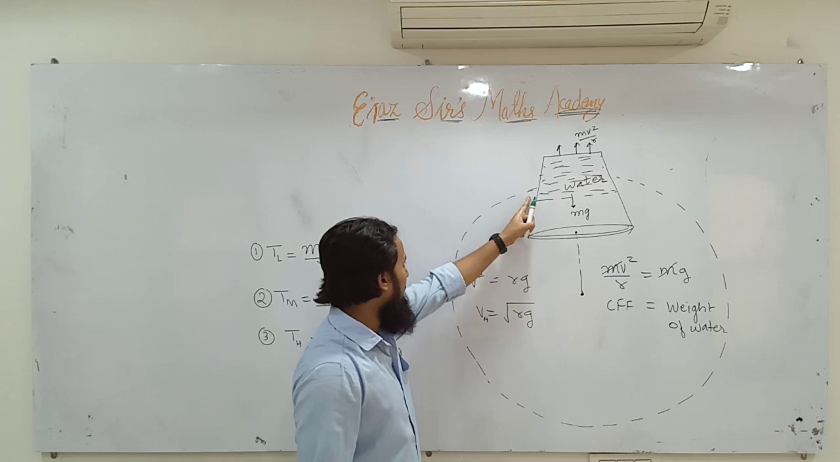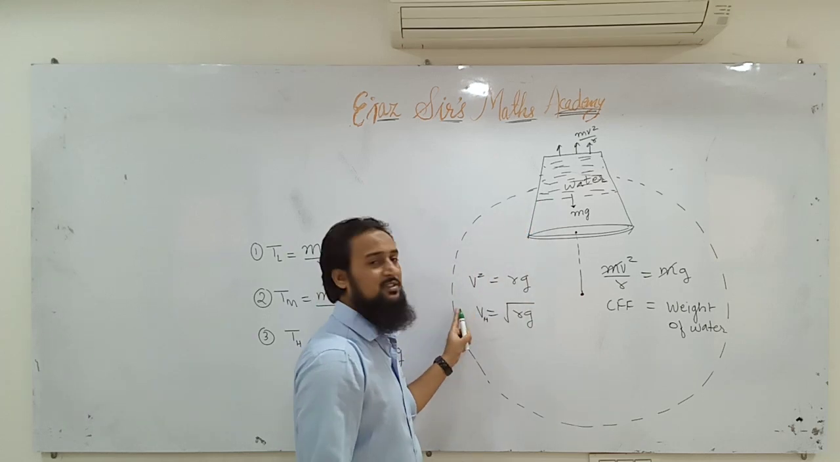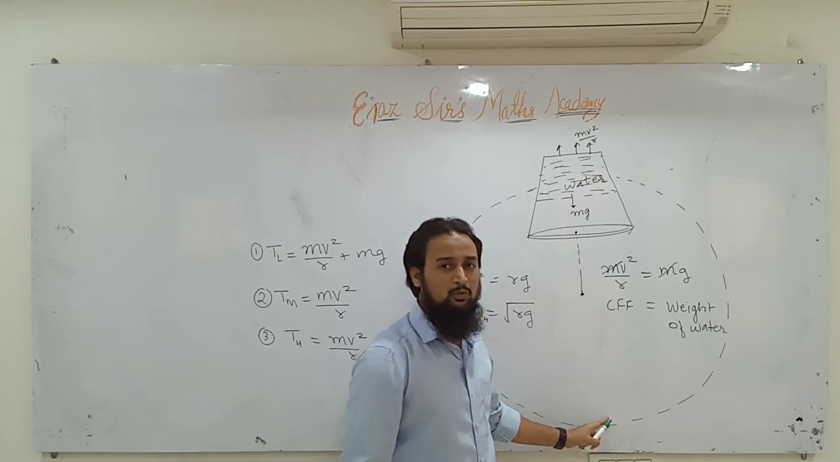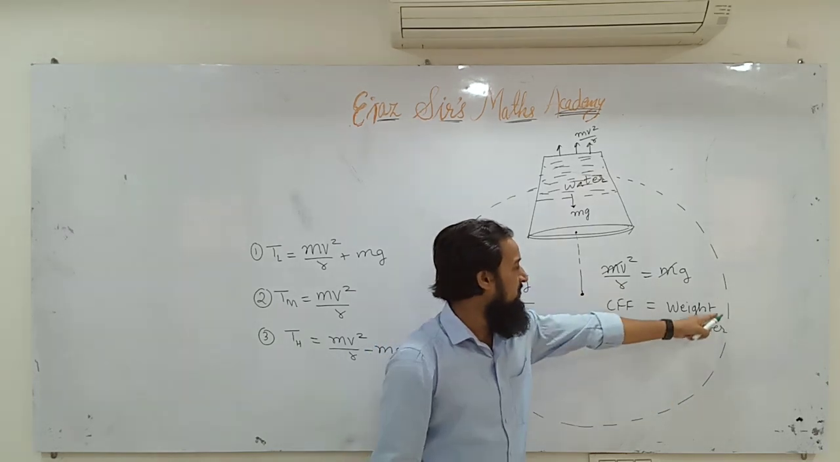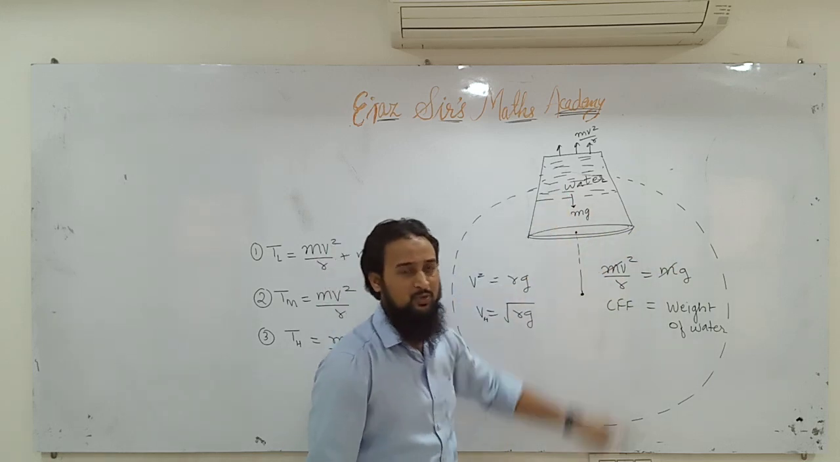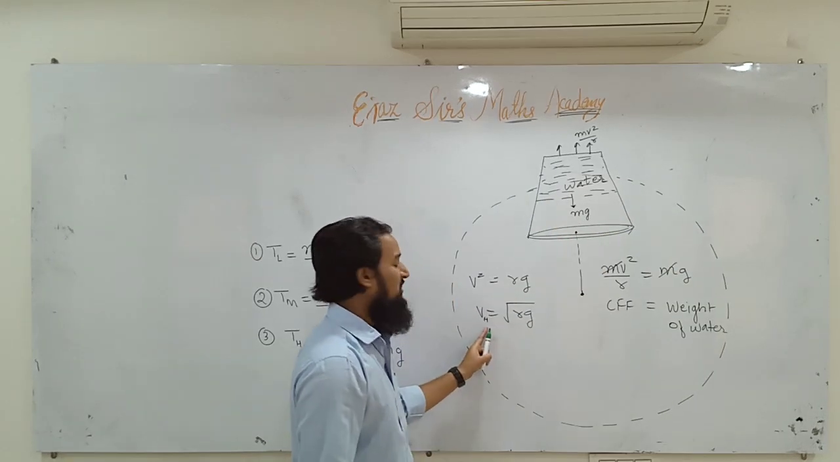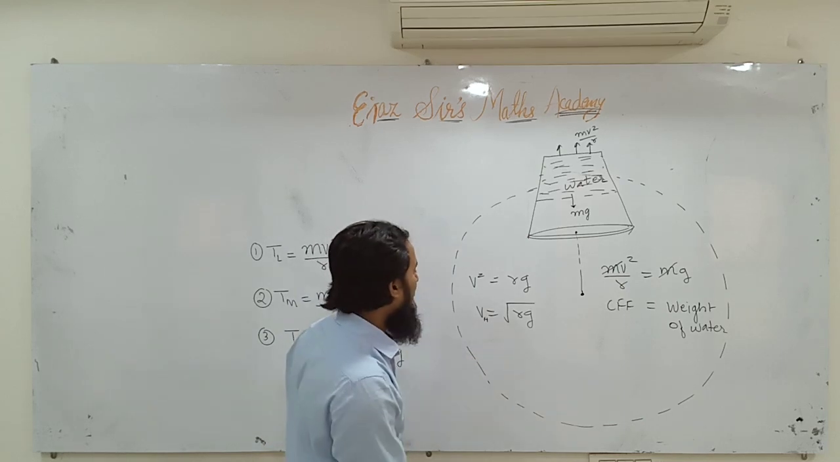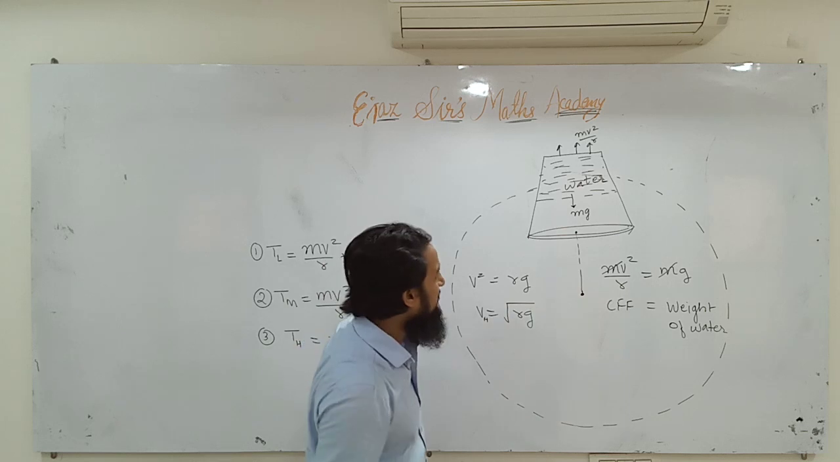And when the bucket comes here, the speed will increase due to gravitational force. Here the speed will be maximum at the lowest position, and here again the speed will start decreasing, it will go on decreasing, and the speed will be minimum at the highest position. So this is VH. VH is the minimum speed at the highest position,